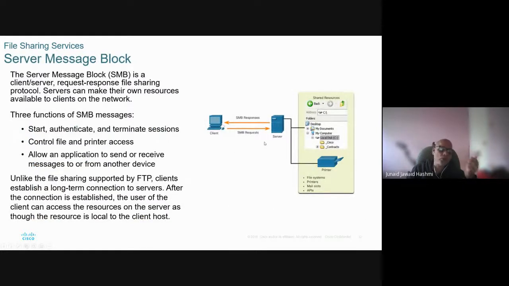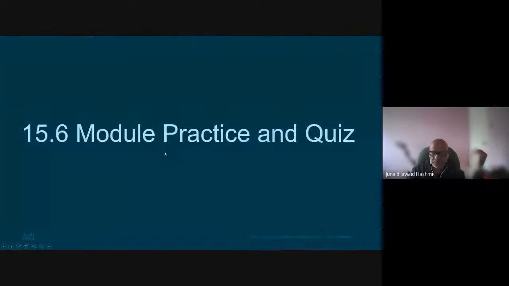So when you go to a shared computer on a network and you see shared resources, this is the job of the SMB protocol. It displays the resources and enables access to those resources. So yeah, this is the end of